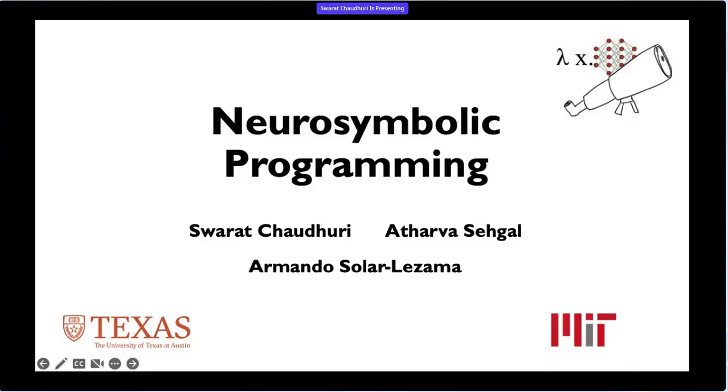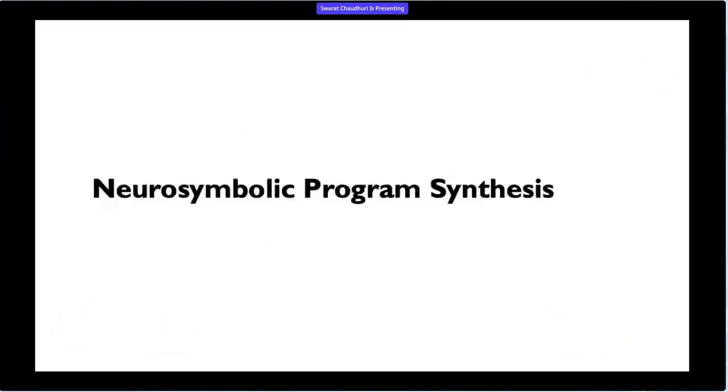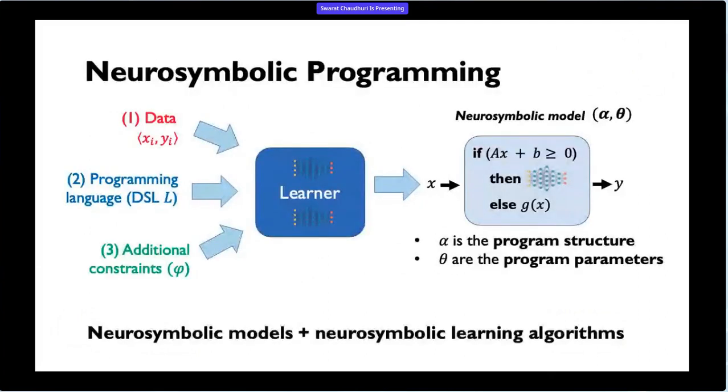All right, so welcome back, everyone, and I hope you had a good break. And we're getting ready for the second half of our tutorial. And so the plan for the second half is to talk a little bit more in detail about algorithms for neurosymbolic program synthesis. And so we're going to do some of that, and then we're going to do a little bit more of a deep dive, and then we'll have even more fun stuff. So to start,